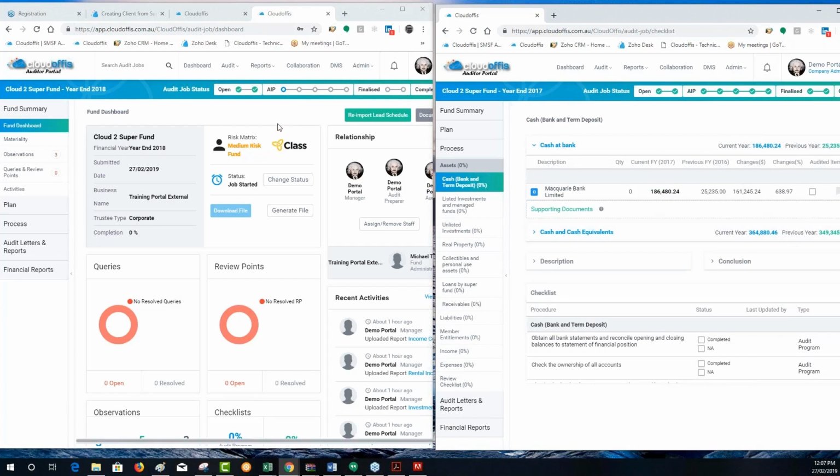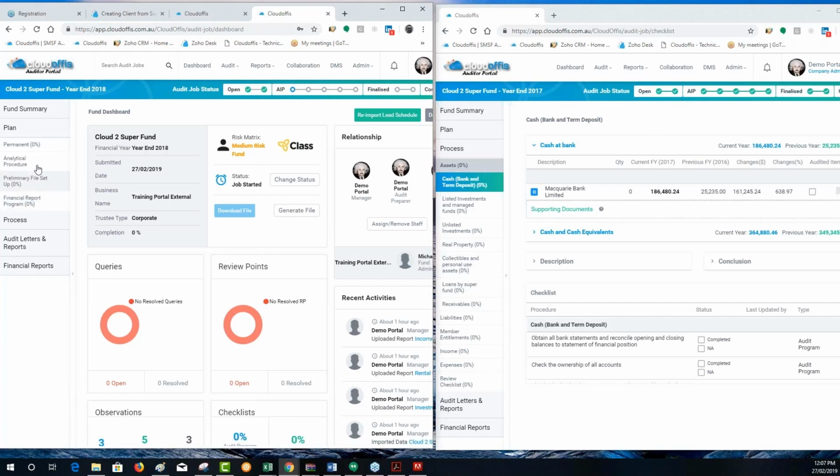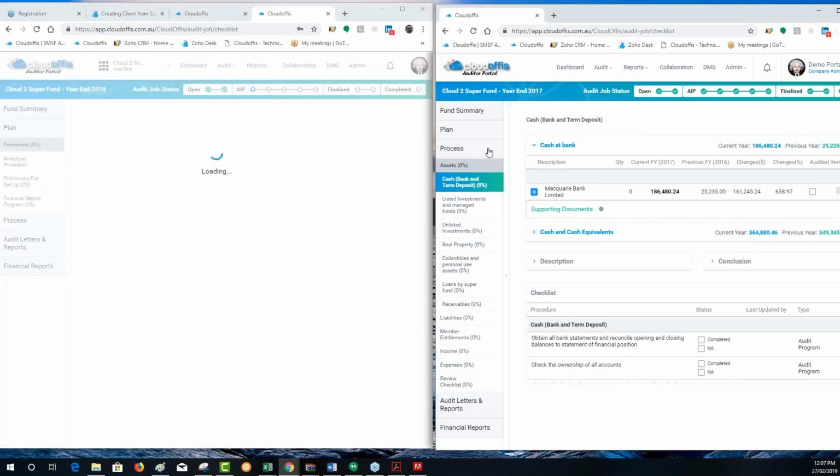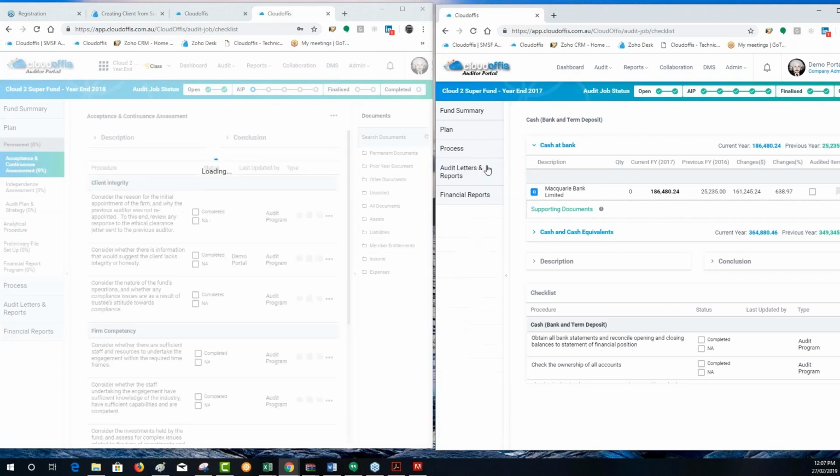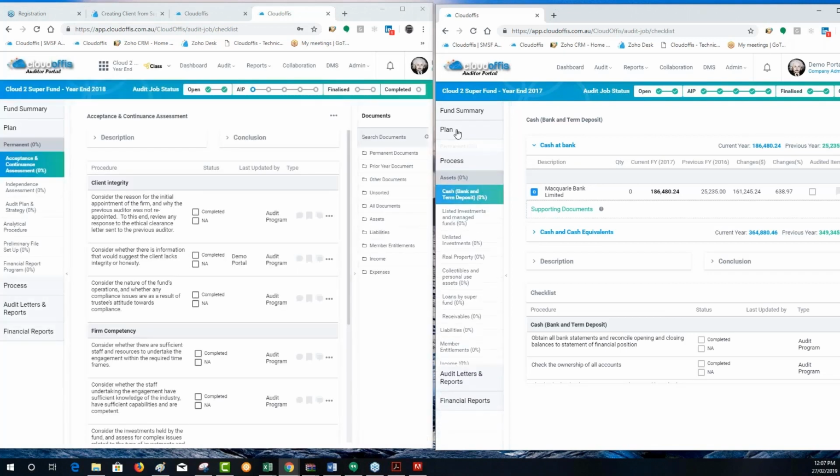Okay, so what I have here is the 2018 job that I'm working on with my previous year's audit job in read-only mode, should I need to compare. Further to that, this demonstration, that note that I made. Again, we are working to create a better solution to enable you to carry comments forward, but in the meantime, while we create that,